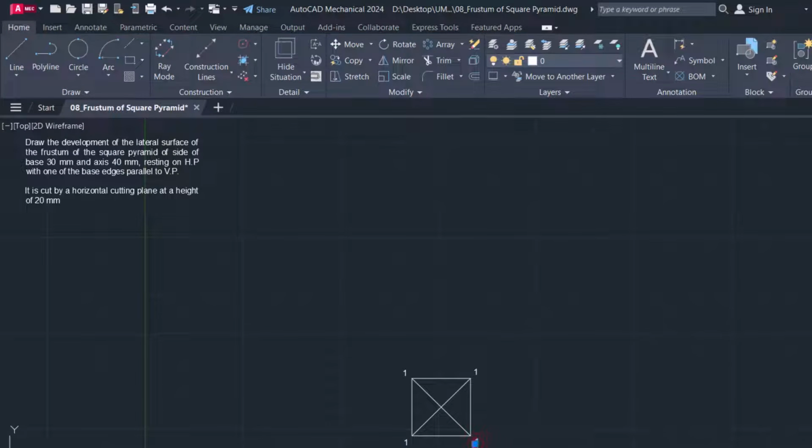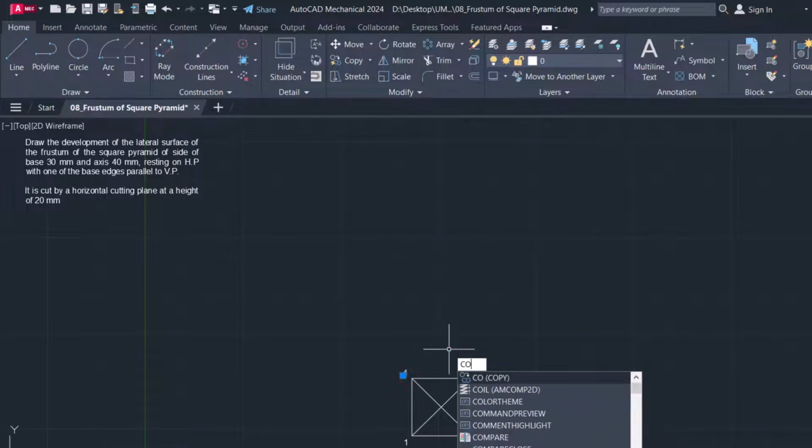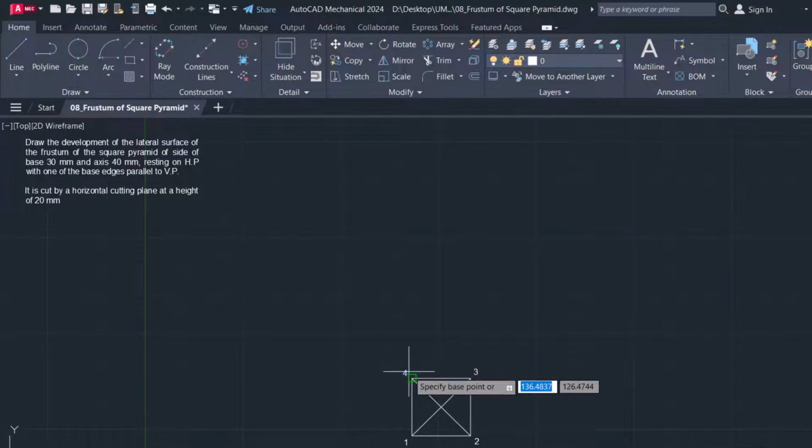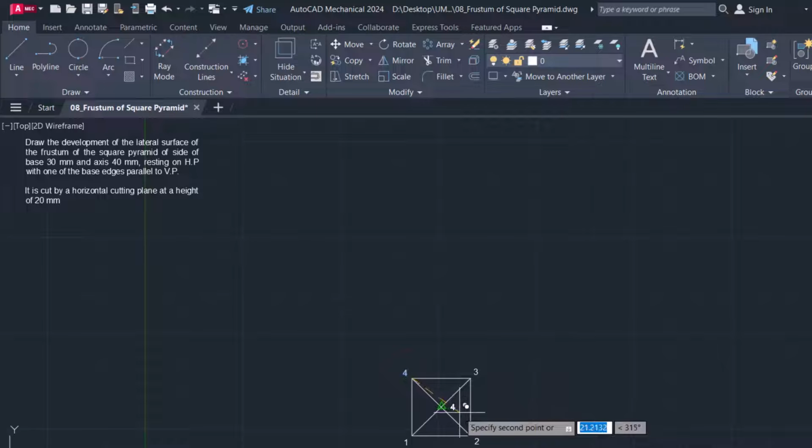So 1, and then 2, 3, and 4. Okay, so maybe I can just copy that, and then maybe